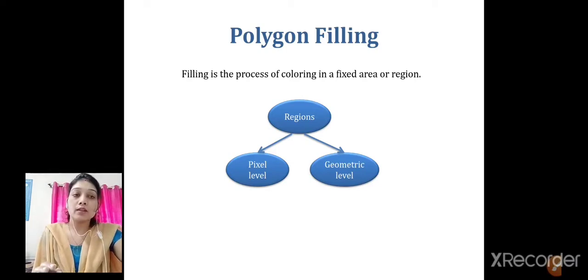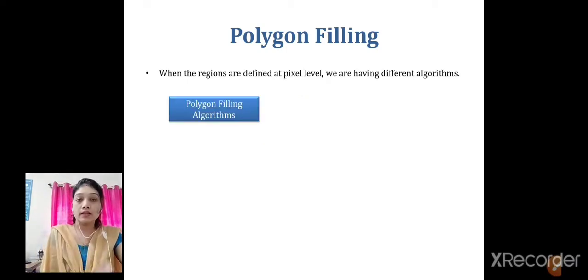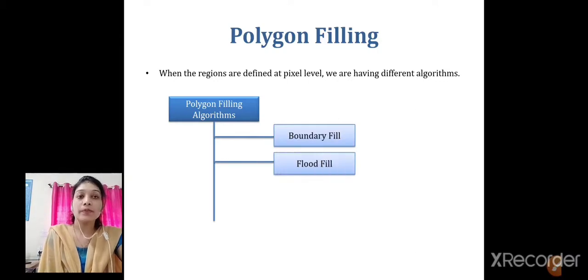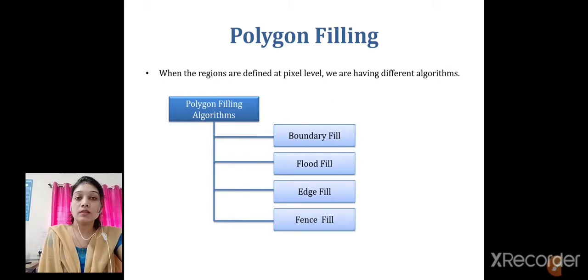When we design the regions at the pixel level, the polygon filling algorithms are the boundary fill algorithm, flood fill algorithm, edge fill algorithm, and the last is the fence fill algorithm. These are the four polygon filling algorithms that apply when your regions are defined